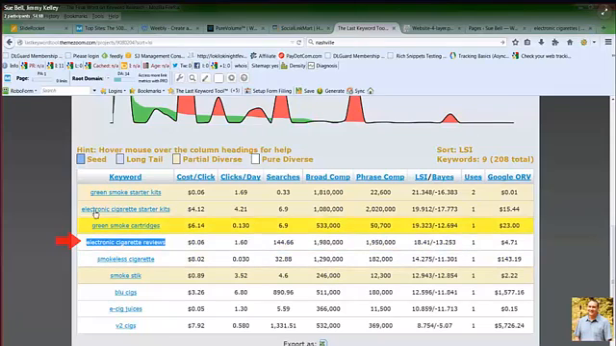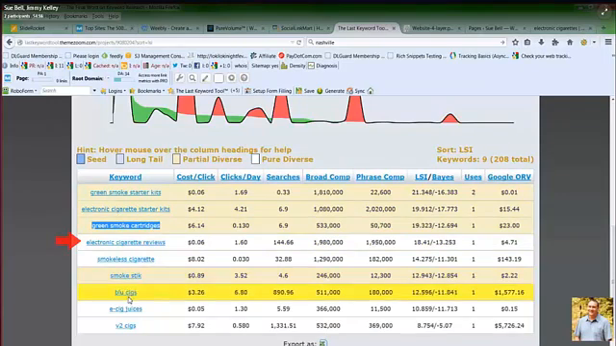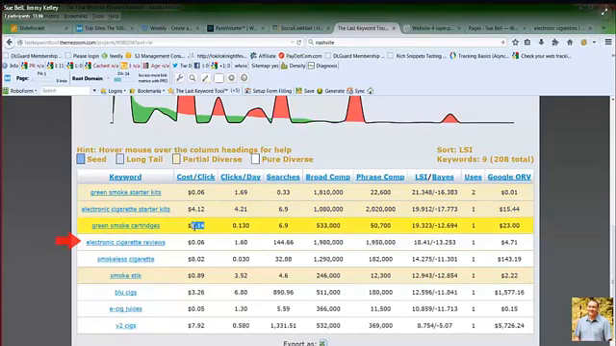So in this instance, we have two right off the bat: green smoke starter kits and green smoke cartridges. I'm not seeing too many others related to green smoke in here. So I'm definitely going to write down these two as my top two, because I know there is some cost per click on this, and it does have some search volume. But the most important in this instance is the LSI. We want the most relevant LSI. So